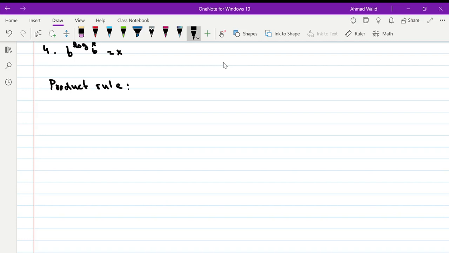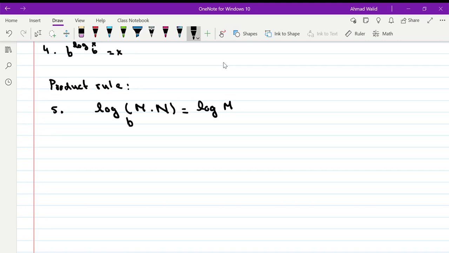What the product rule says, and you should learn it as rule number 5: if I have log of m times n base b, a product between two positive numbers,